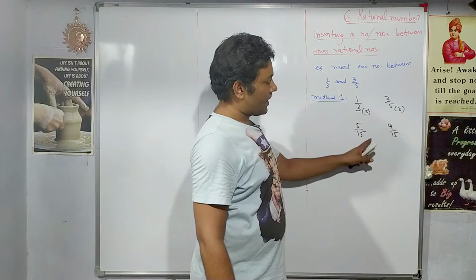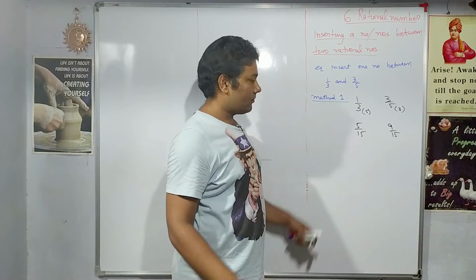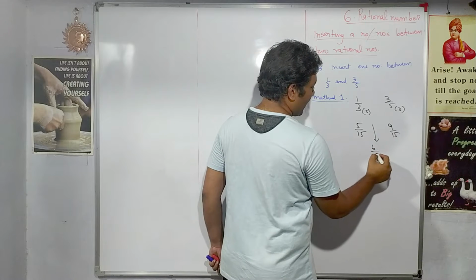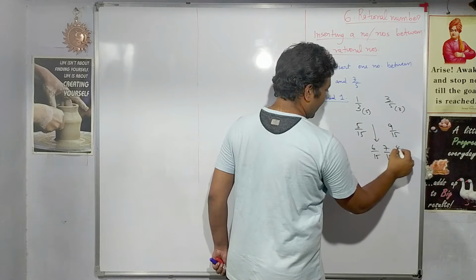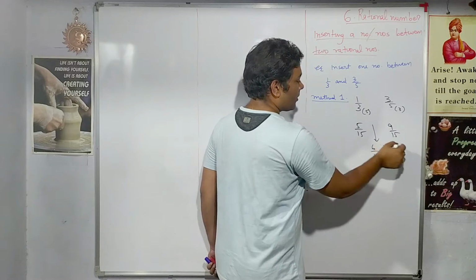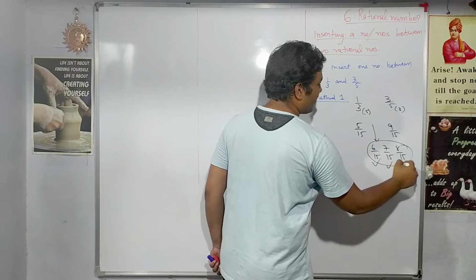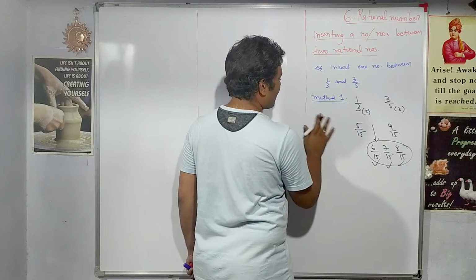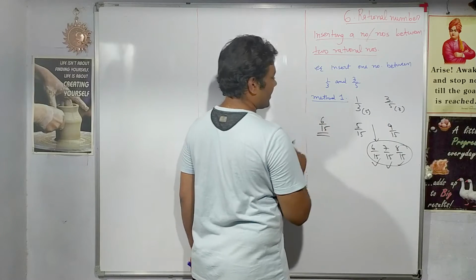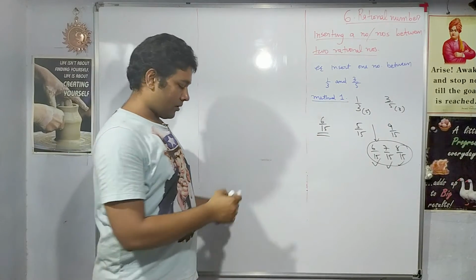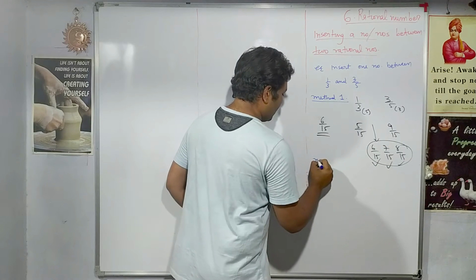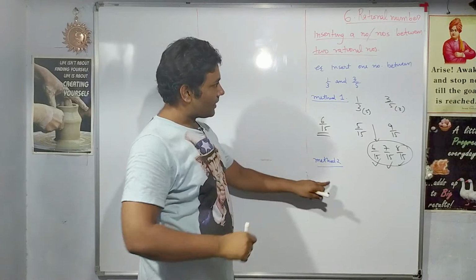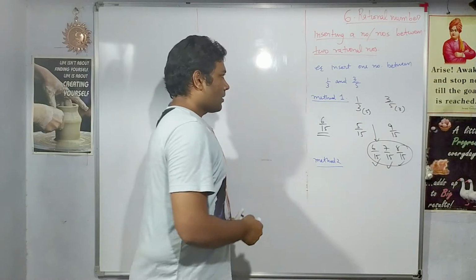Now the denominators are same, so between 5 and 9 there can be many numbers. How many numbers do you have between 5 and 9? 6 by 15, 7 by 15, 8 by 15. So out of these three numbers you can select any number. So you can write down the answer as 6 by 15. This is again a correct answer, that 6 by 15 is one number between these two numbers. Let us look at another method. You can use any method whichever you like.